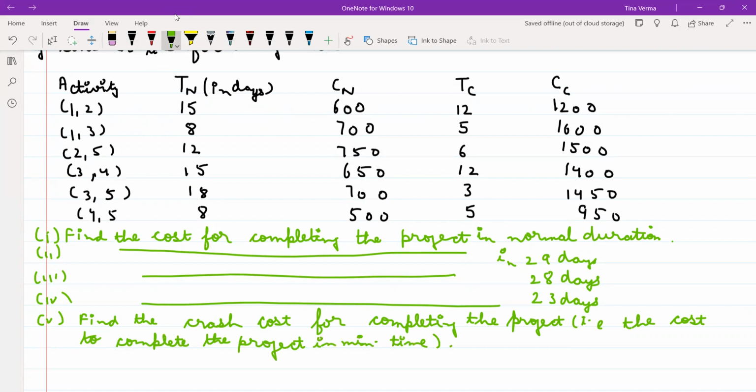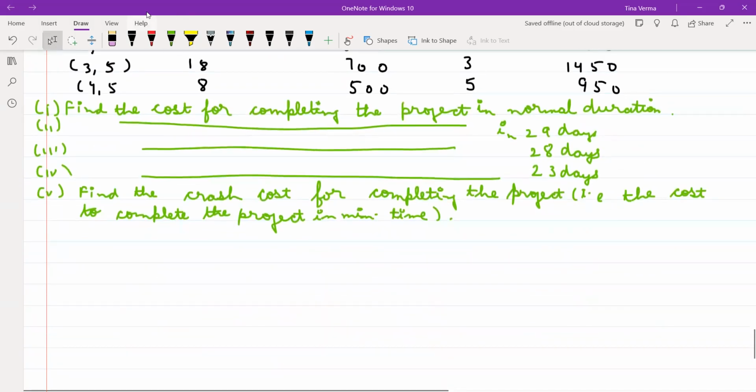In these 5 parts, I will discuss all the cases, right? When you have one critical path, when you have more than one critical path, when your crash compression limit is more, but you have to reduce less number of days. Your compression limit is less, but you have to reduce more number of days. I will discuss all the cases. So for the first part,